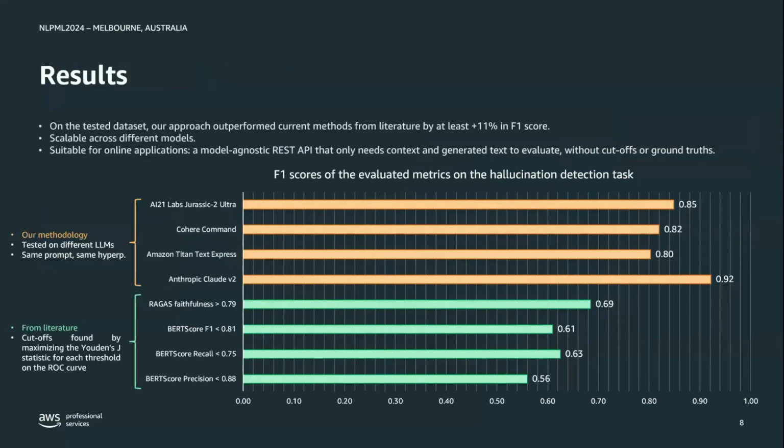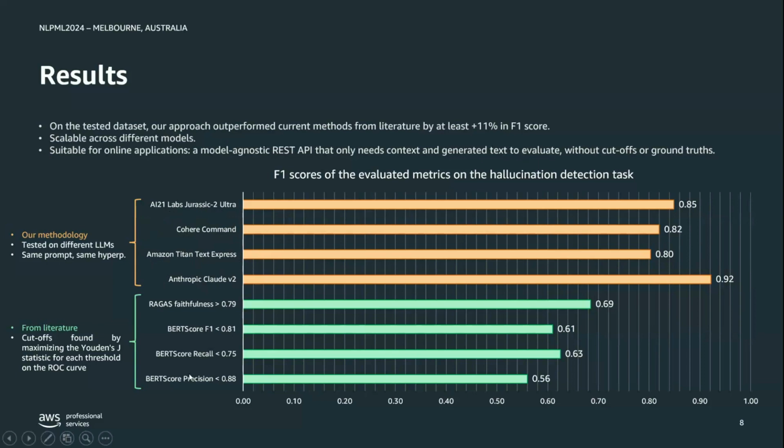Concerning the results, the prompt that we used for in-context learning is available inside the paper. We compared our methodology applied on different models, from Amazon Titan to Anthropic Claude V2. We tested multiple models. We also tested Anthropic Claude Instant, with similar outcomes, 0.9% accuracy in hallucination detection. So we tested 5 models,